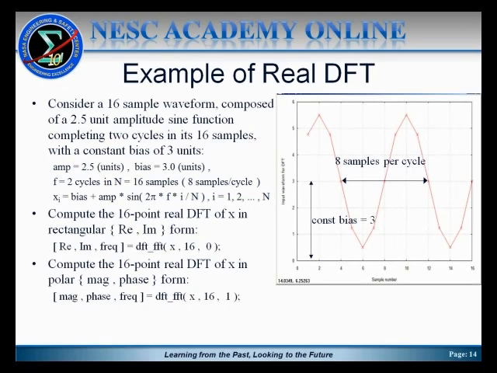And it's important to note again the characteristics of it. You see it's offset vertically by a constant bias of 3, and then it has a period of 8 samples for every cycle. So then if we were to compute the 16-point real discrete Fourier transform of x in rectangular form, it would return back an array RE, IM, and frequency, as shown in the example there. The function that's being illustrated here is called DFT_FFT. That's not a built-in MATLAB or Octave function. That's one of my functions that I built